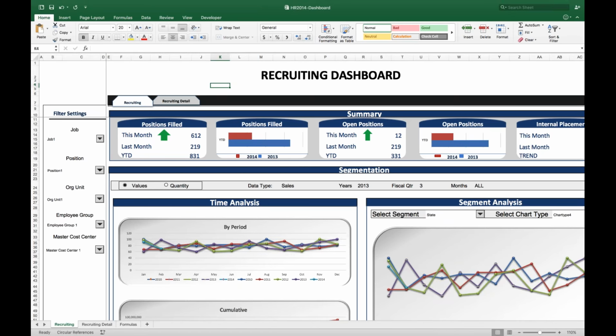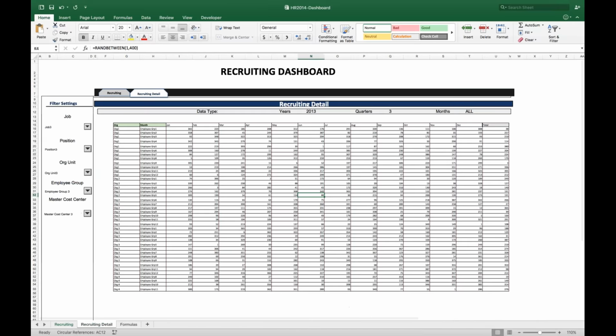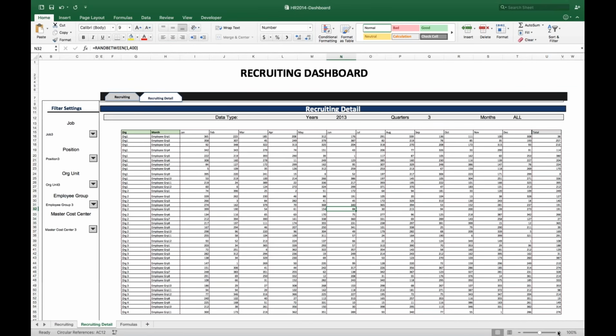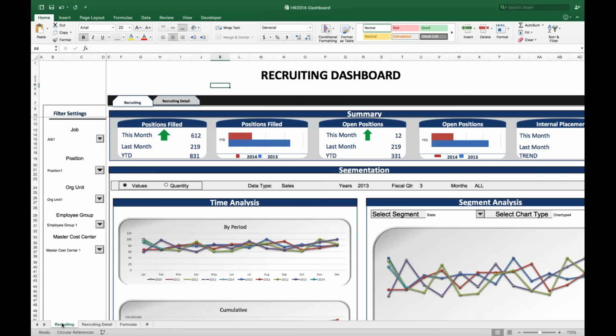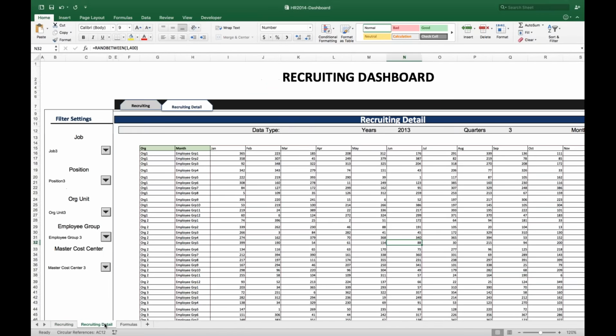Some of the interactivity would include, here's a recruiting dashboard. Of course, there's an HTML tab, which is just objects creating an HTML link, and all this is doing is going to the next tab, which is down here. One of the things I always do, and it's best practice if you can, is make sure that you have links to the detail, particularly if you think your end users are going to question the data the moment you put it out. They're going to say, well, I don't have that many employees. A lot of times I'll provide the data, to the extent that it doesn't create any security concerns, so there's no question where people are coming from.